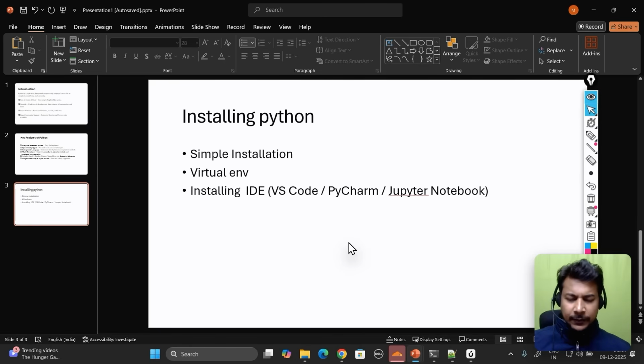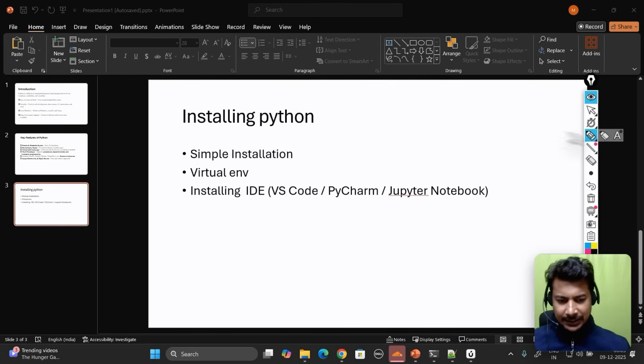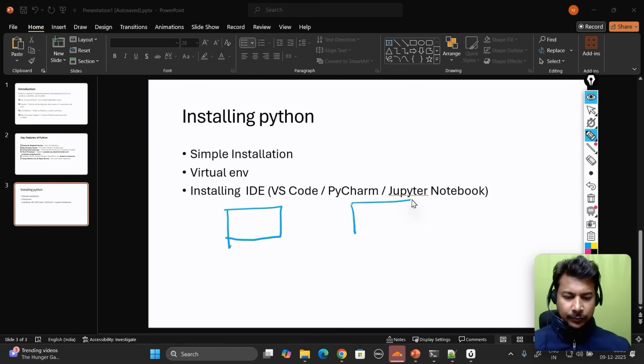So before jumping to the fancy editor like VS Code or PyCharm, let's understand the concept of virtual environment. So what is the meaning of virtual environment? Whenever we develop a project for a company, consider I have one computer and I am working on multiple projects. So consider these are project one and these are project two,